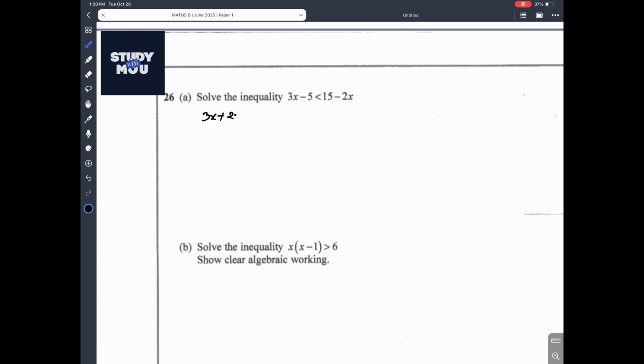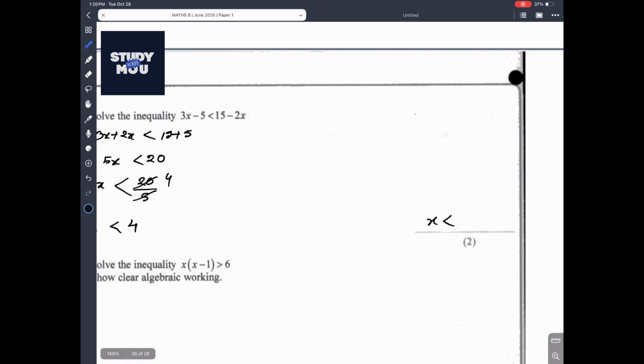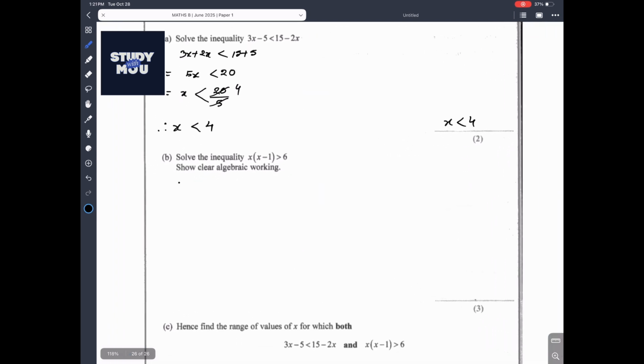3x plus 2x less than 15 plus 5, which equals 5x less than 20. 20 divided by 5, so x is less than 4. This is the answer: x is less than 4. Solve the inequality x(x minus 1)